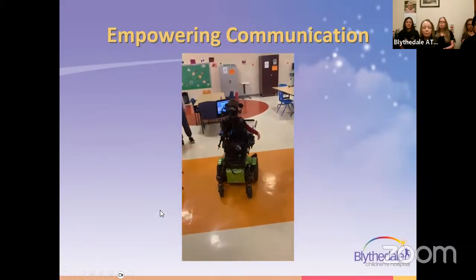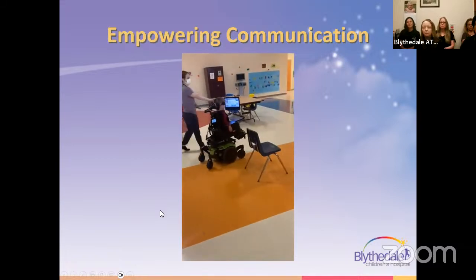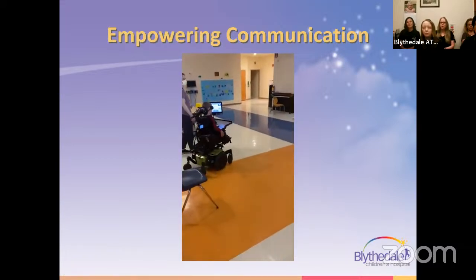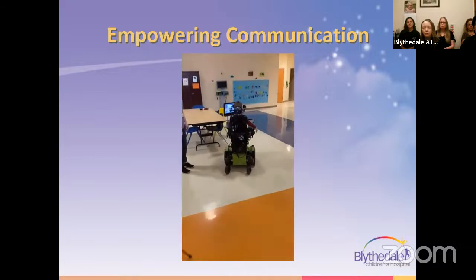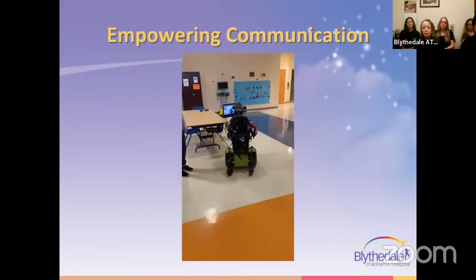In this setting, we tried to really listen to the child saying that he did not want to be hidden behind the communication device, but he did want to communicate with his peers and his family as well as the daytime school staff. So this was something that led to putting another piece of the puzzle together. And we're at the point where the next stage in his journey is pursuing personal devices. So as the speech language pathologist, the occupational therapist, and the PT came together, after supporting them with our collaboration, they worked with the family and pursued